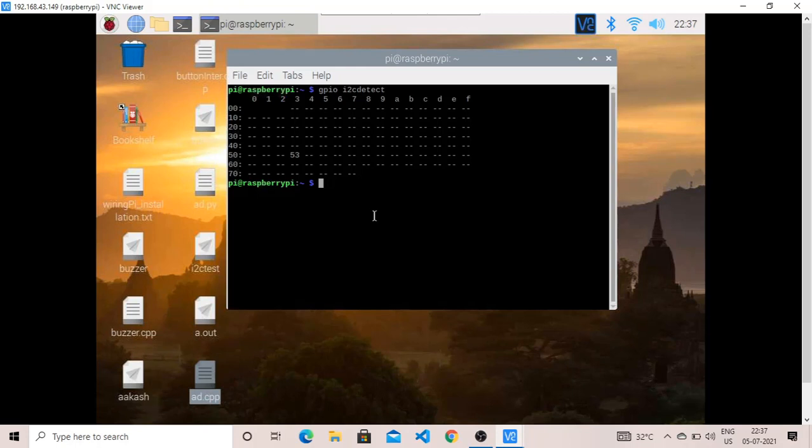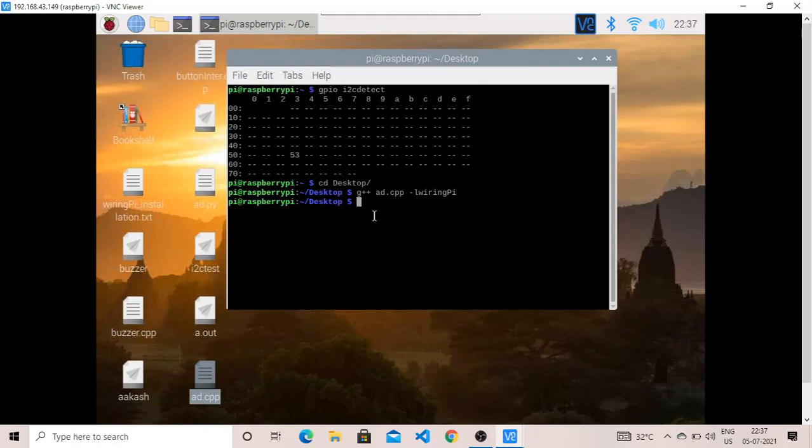Just open this file. I go to the desktop path and here I compile the program ad.cpp and I put the argument -lwiringPi, and the program compiled successfully.